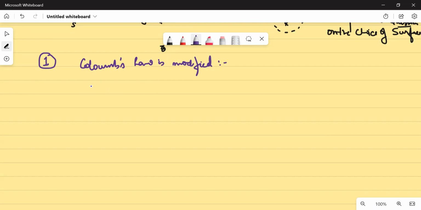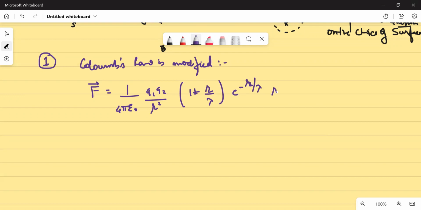Coulomb's law is given by F vector equals 1 upon 4 pi epsilon naught Q1 Q2 upon R square, then 1 plus R upon lambda, then e to the power minus R upon lambda, and then R cap. So if your Coulomb's law is modified to this definition, what do you think